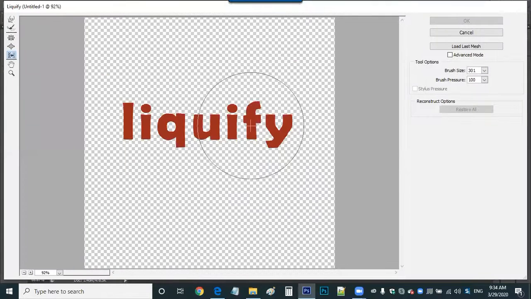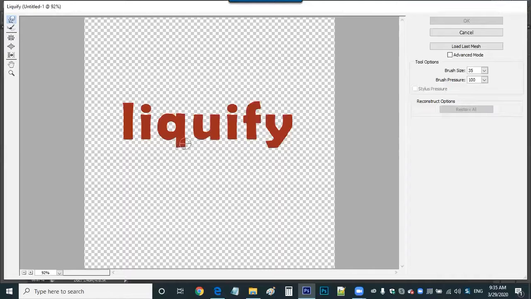Now you can see. Let me adjust the brush size. I'm using these angular brackets there. That's a flower bracket there. Or you can use this brush option, and then we can drag it. Not this one, Restore All. We have to use this first one, Forward Warp. Forward Warp, that is the best option.